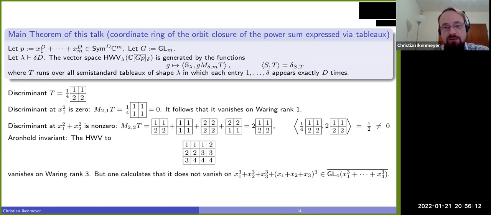And you can calculate that it does not actually vanish on Waring rank 4. Actually, you can be completely explicit and give a point in the orbit closure where it does not vanish. This is not so difficult to see. You could take this point, describe it explicitly in this orbit closure, plug it in and compute that it's non-zero. There is a very high amount of symmetry here that you can use to see that this is not zero. So this gives an interesting equation. Okay, so that is great. All these things you can do with just having this type of description.